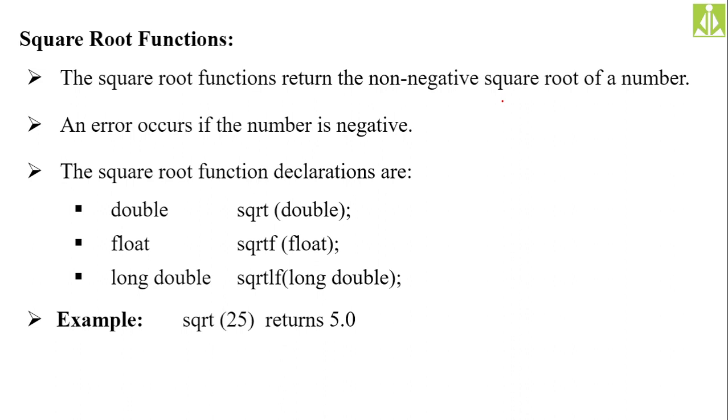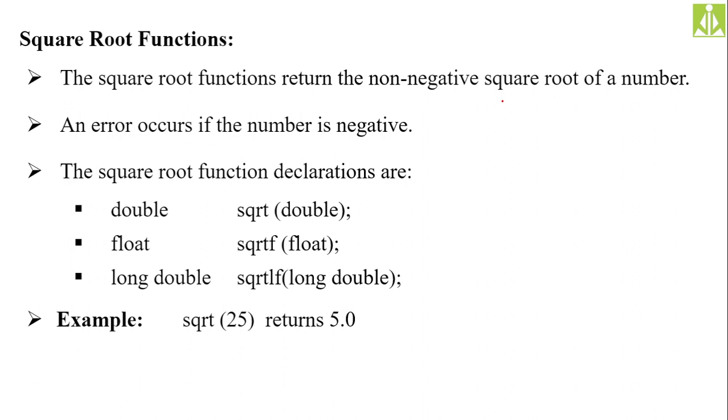Square root is very simple. It will give the under root value, and whenever you are calculating the under root value, try to give a positive value only, because negative values under the root will lead to imaginary numbers, which we don't want. If you take a negative value as an input to this square root function, you will get an error.